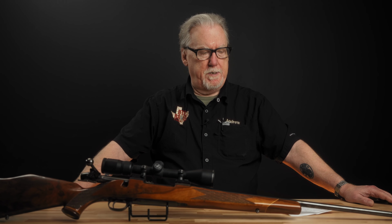Weatherby had another engineer that worked with him by the name of Fred Jennie, and they started prototyping and developing an action that solved some of the issues that Weatherby thought he had with the basic Mauser pattern. He wanted a completely enclosed case head. He wanted the ability to handle more pressure than even the 98 Mauser action could withstand. Any of those Mauser actions are really good through 70,000 CUP pretty easily, but Roy Weatherby wanted to increase the safety margin, if you will, to well over 150,000 CUP, if not 200,000 CUP,